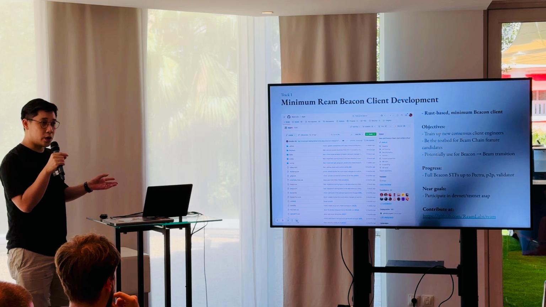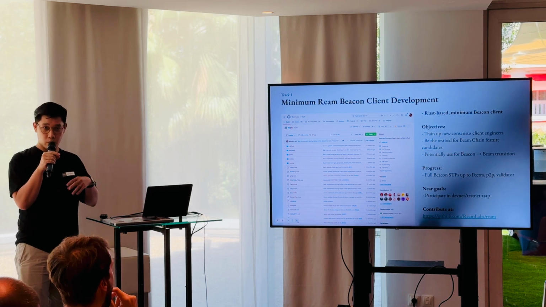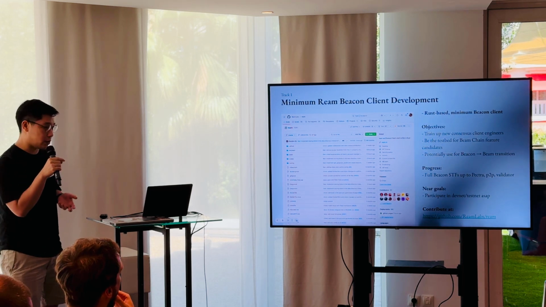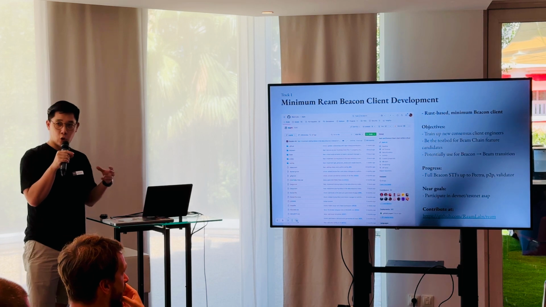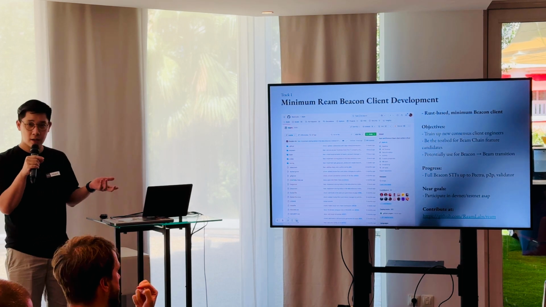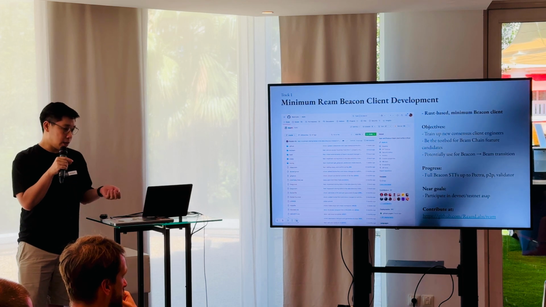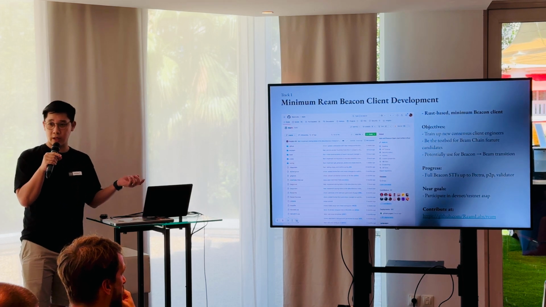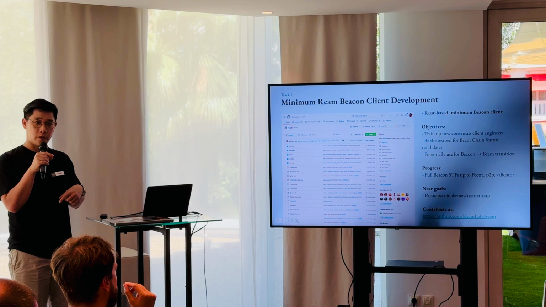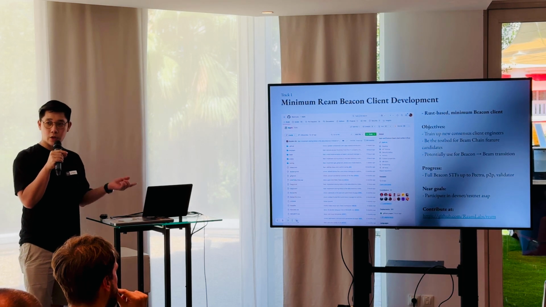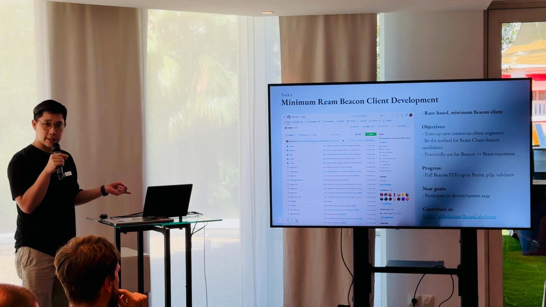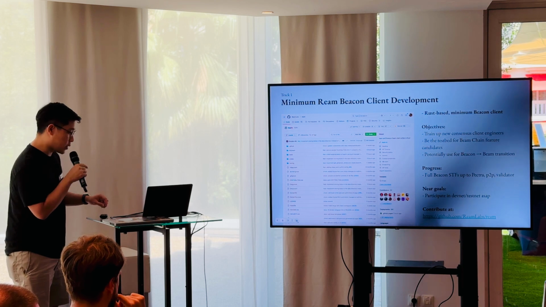A lot of the things we are experimenting with, the Beam specs or the research coming out, will require some code base to test against, so this beacon code base helps a lot. Thirdly, we could potentially use this code base during the actual transition or the actual hard fork, as the one that's running.